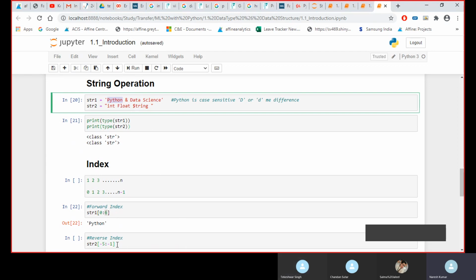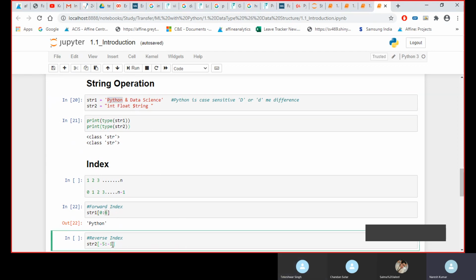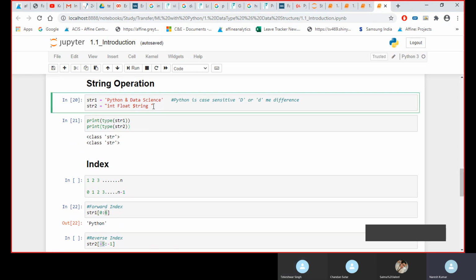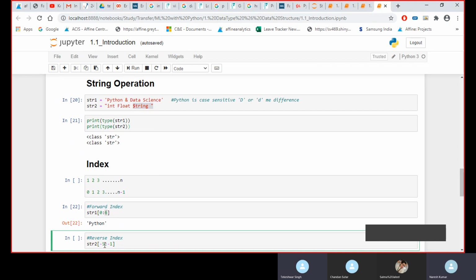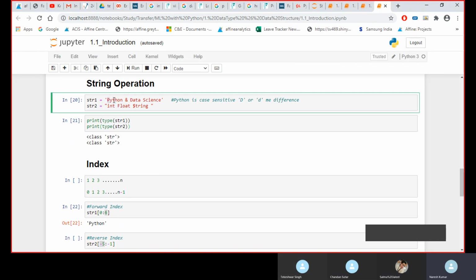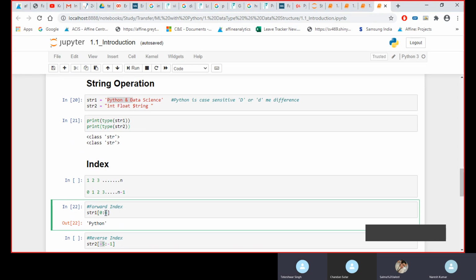But in reverse order, it is starting with 1. If you see the numerical part, it is starting from 1, not the 0 part. So here the upper boundary would also be included. See, from left to right, understand very carefully: whatever your upper boundary is, it will be minus 1.